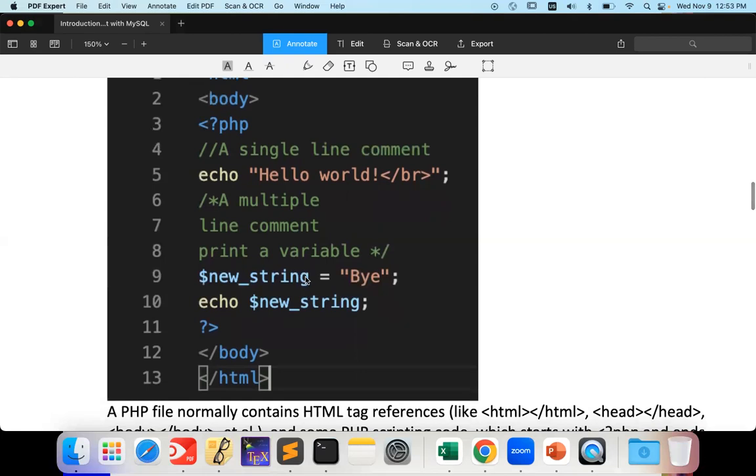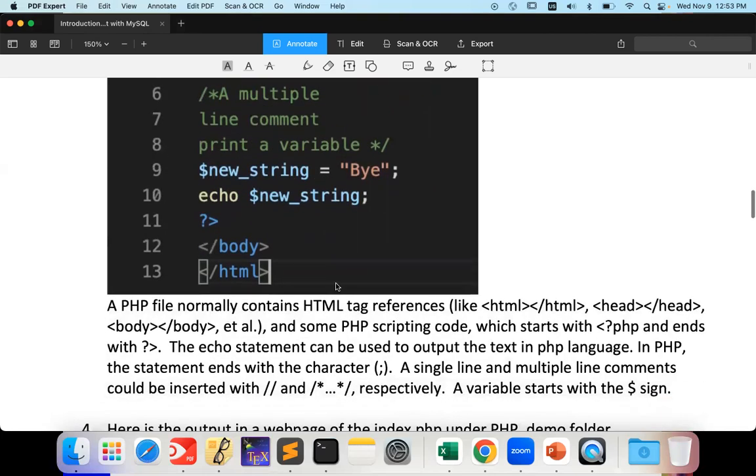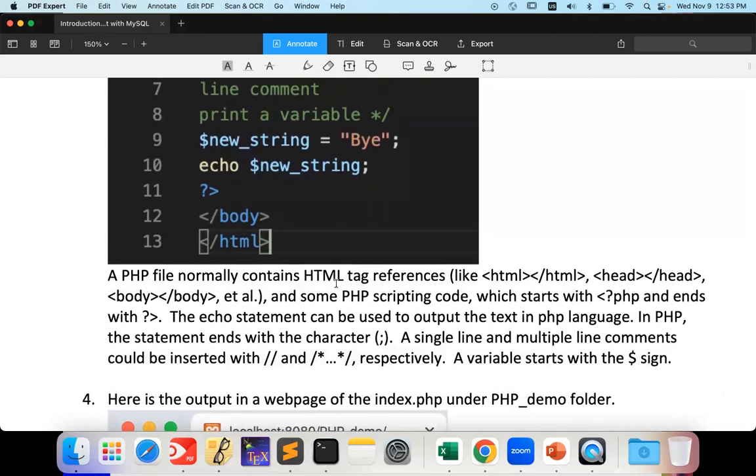Okay, so here also you don't have to explicitly specify the data type. From the value of the variable, it can find what the data type of the variable is. So the new string variable has a value, and you are printing the value of new string. And as we said earlier, all variables in PHP start with this dollar symbol. Okay, now let's run this